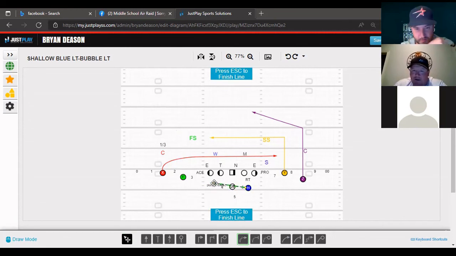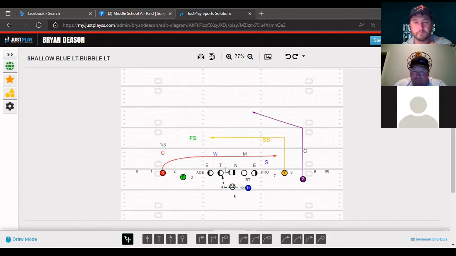No, he's going in between guard center, right there. Okay, so that would be bubble, right? Yeah. Okay. So this would be 6, right? So if I'm running shallow, this would just be bubble. So we'd be in our bubble series, and then I'm just going to say blue 6,